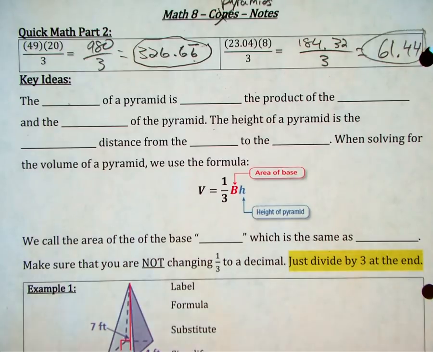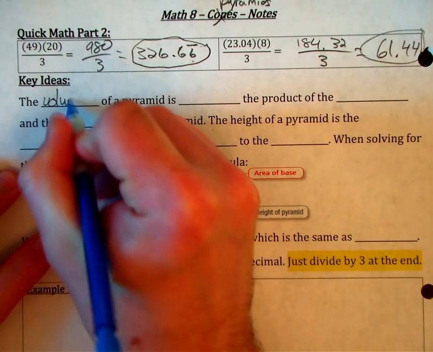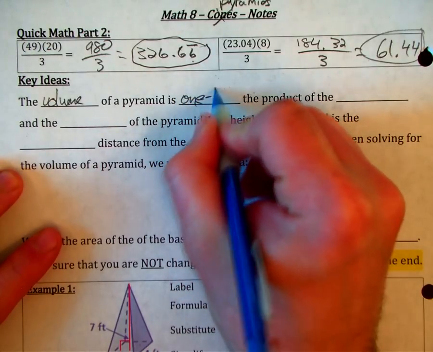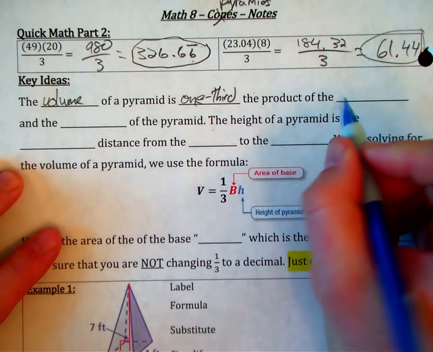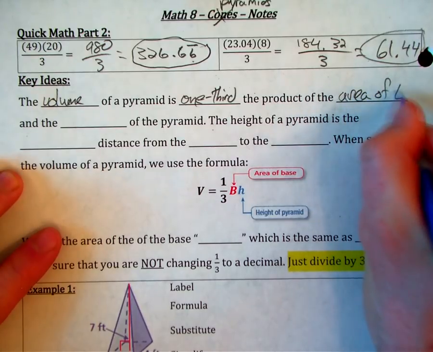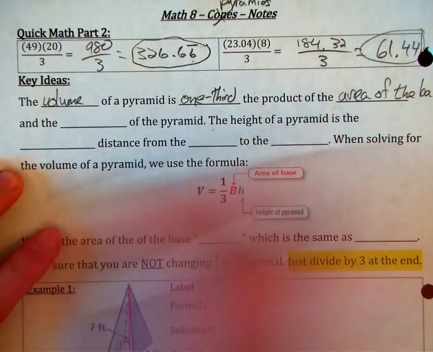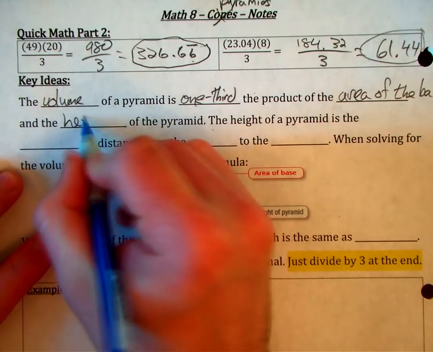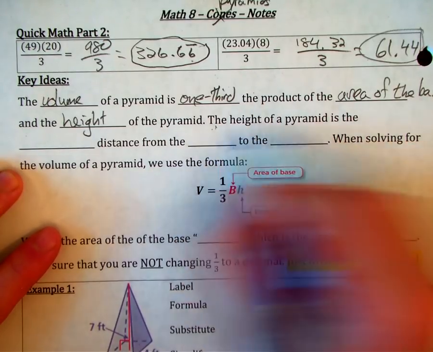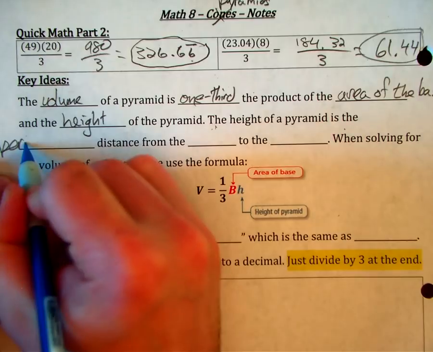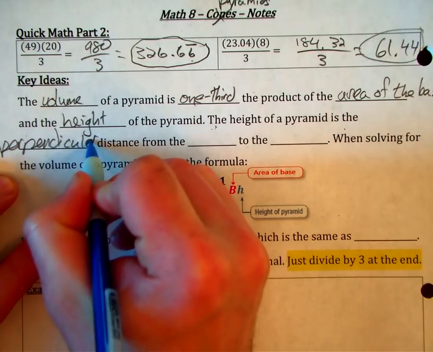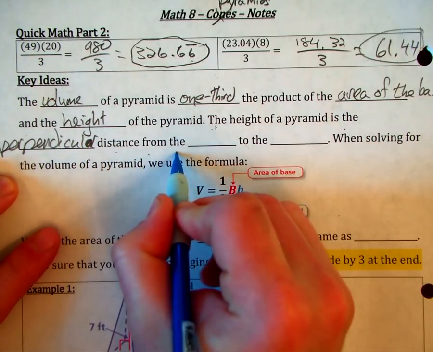now volume. So the volume of the pyramid is 1/3, just like we had for cones too. This is going to be very similar. So we have 1/3 the product of the area of the base and the height of the pyramid. So then remember though, the height of the pyramid is the perpendicular. Make sure you spell it right. It's a perpendicular distance from the base